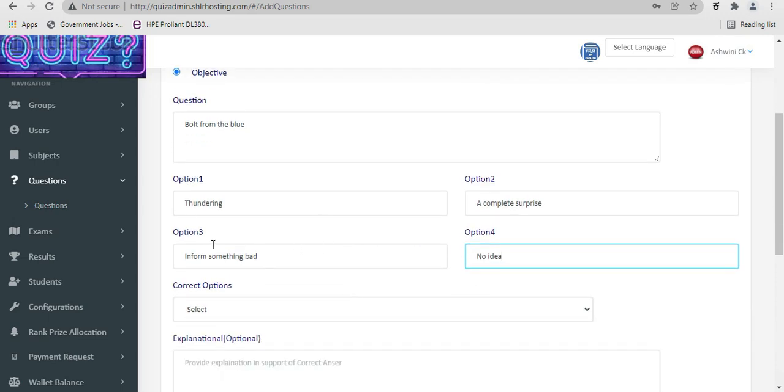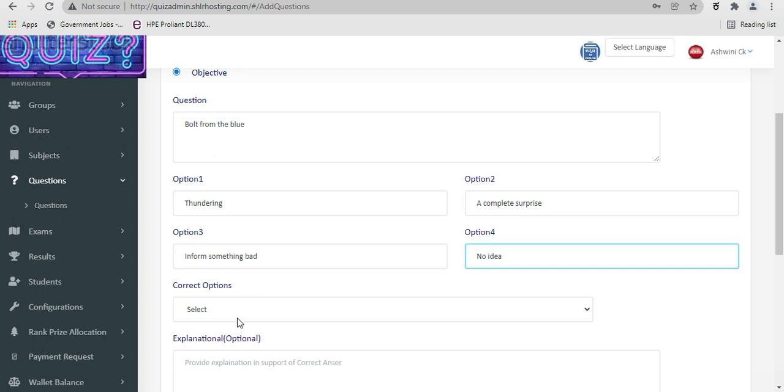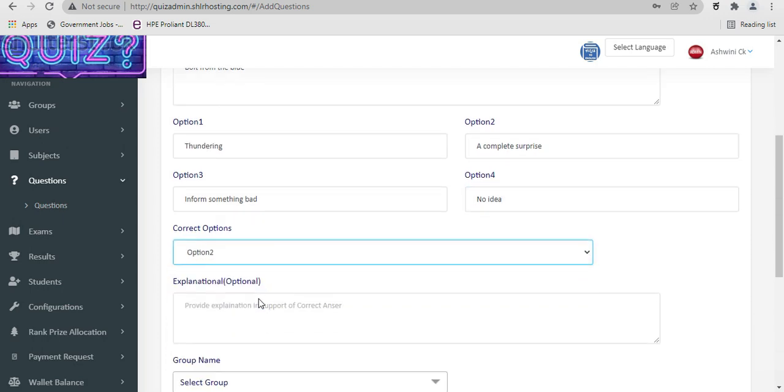After selecting four options, you have to select which is the correct option. So the answer will be B. Select answer, option is 2.